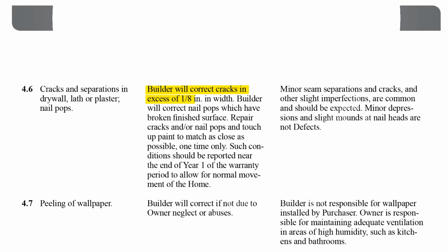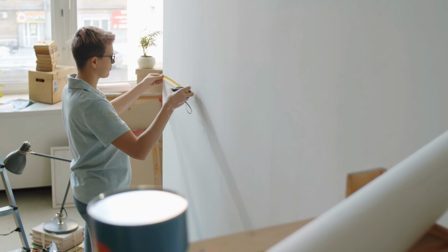Here's an example. Let's just say you have drywall cracks in your home. All right, that's a fairly common occurrence in the Dallas area. Well, the warranty reads this way: builder will correct cracks in excess of 1/8 of an inch in width, touch-up paint to match as close as possible, one time only. So if you start to see signs of settling, okay, you better get out your measuring tape and hope it